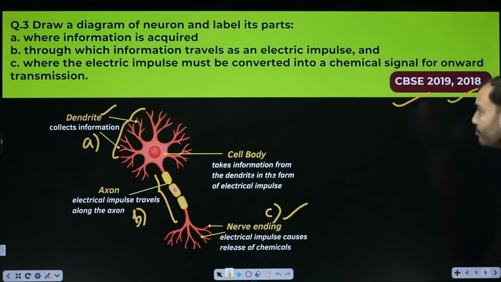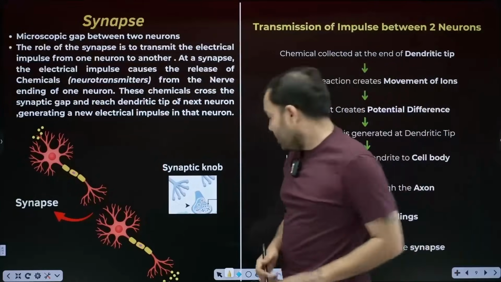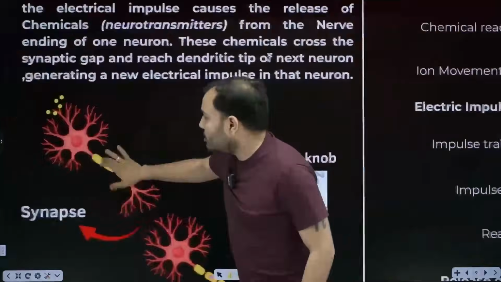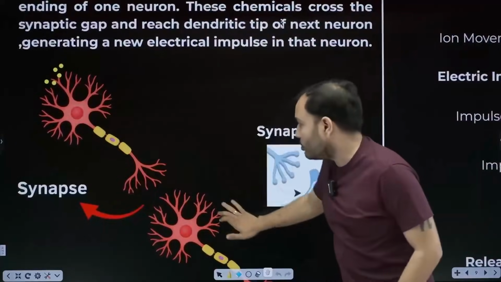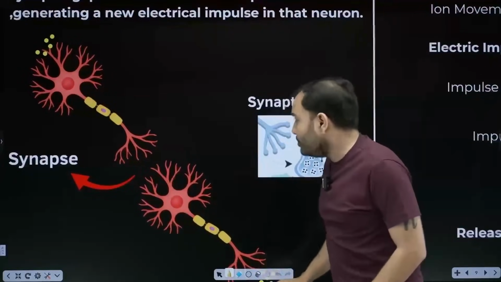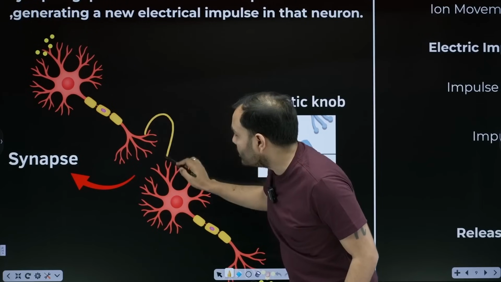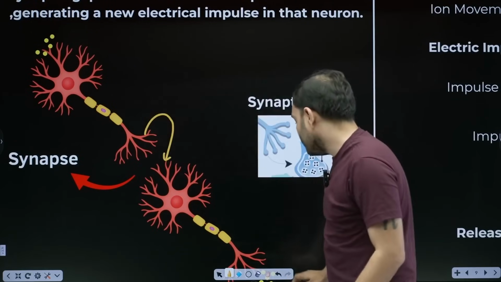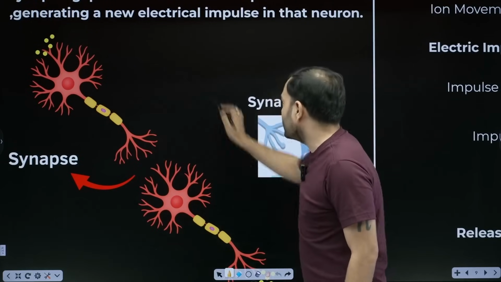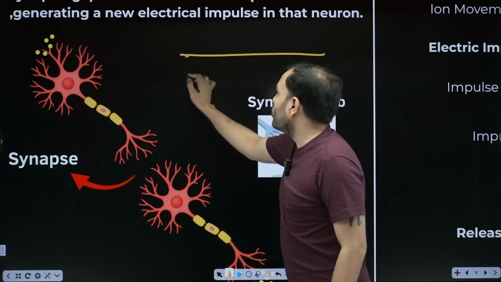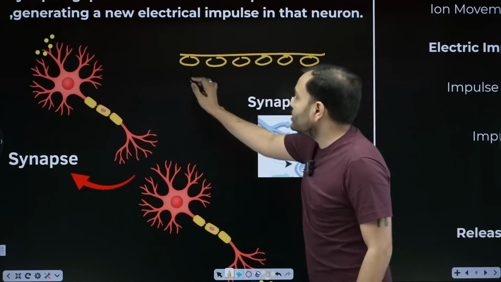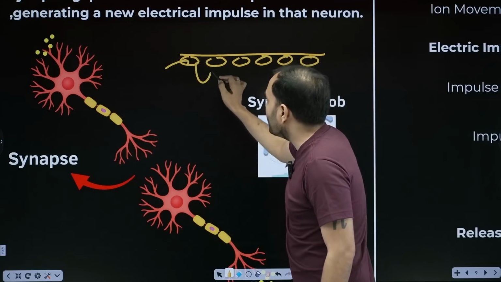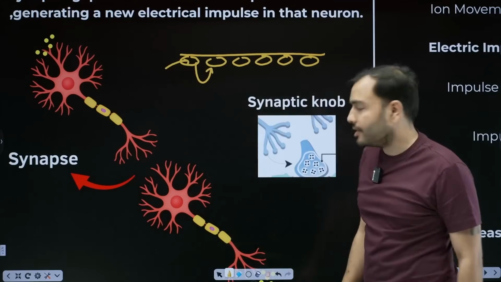Clear? Okay. Now what is the next story that we are studying? How will the signal go from one neuron to a second neuron? There is some gap between one neuron and the second neuron. Now this signal came up to here. How will it reach from here to here? This we will need to understand. Suppose this is a wire. Now what will this wire be made of? Lots of small cells. This is a nerve, made of nerve cells. The electric impulse came into it. Now how will it jump from here to here? This we will need to understand.